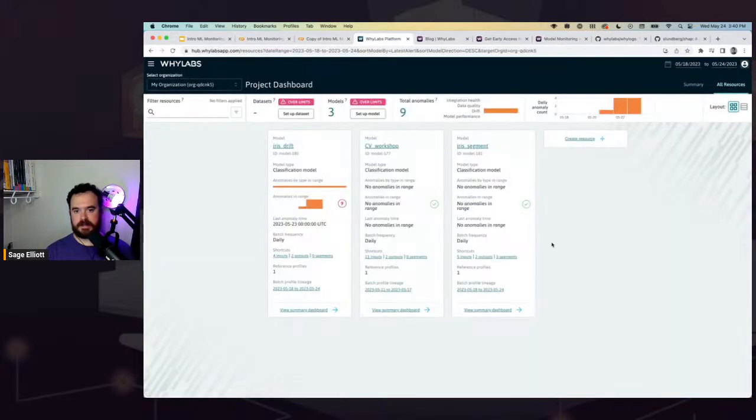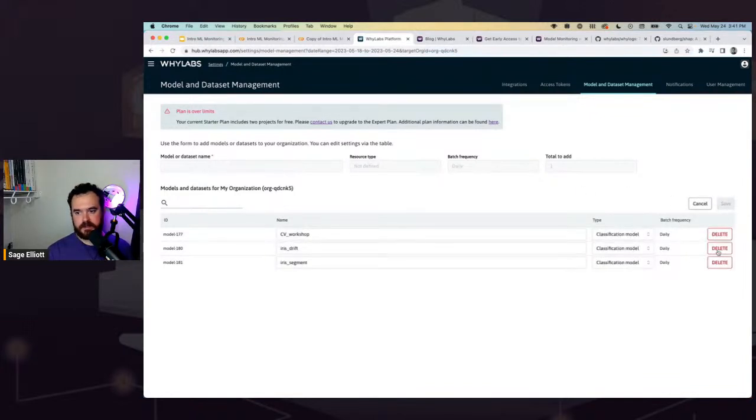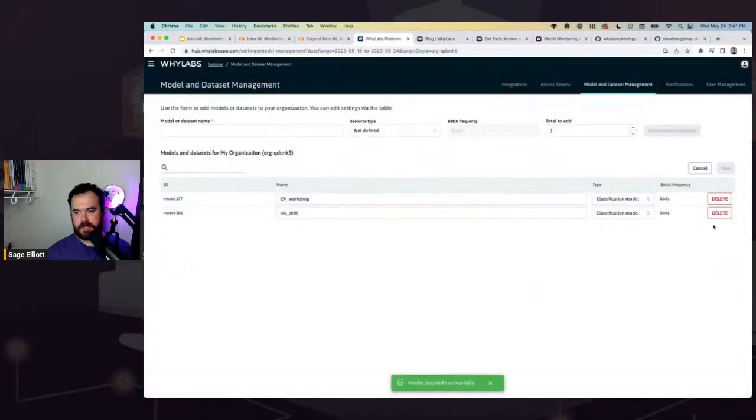And it'll look something like this. Yours will look something like this as well, except you'll have different toy projects at the beginning here. I'm going to go ahead and hit create resource. So we're going to create a new model that we want to monitor as if it's in production. So create a resource. And if you have a couple toy projects, you'll probably want to go ahead and delete them as well. So I'm in my free account here. I'm going to go ahead and delete a couple of these as well. So I'm going to go ahead and delete 1 and 2.